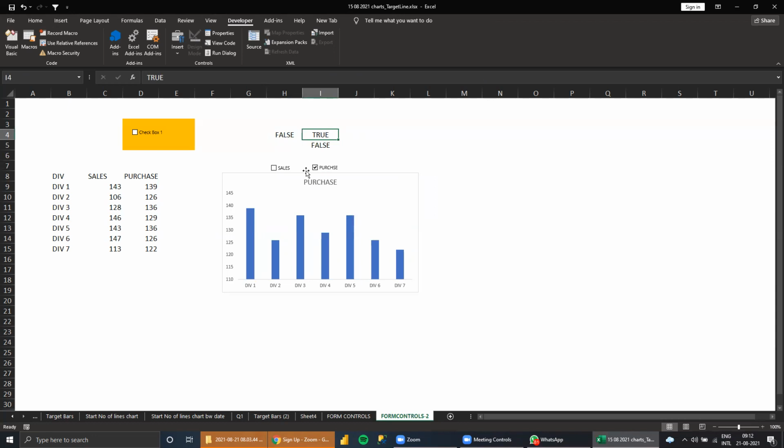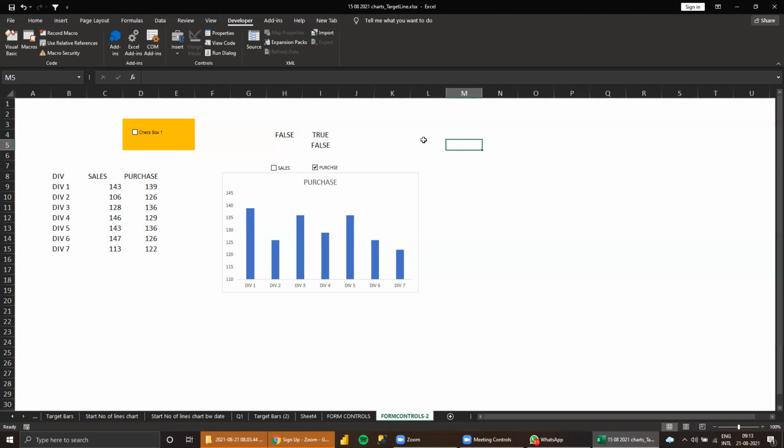Pure based on logic, you can continue. Nothing is new here. The only thing is the control box. What will it give? You need to link the cell. When you check, the link cell will give the result of true or false. Then from this, with Excel skills and logic skills, you can decide what to do if it's true and what to do if it is false. Link the cell, that's all.